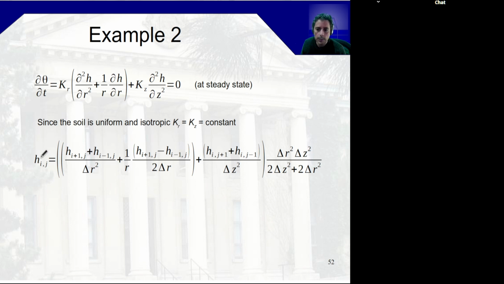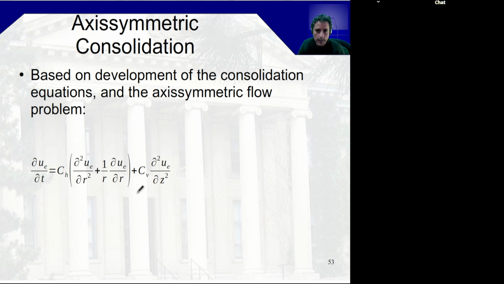Okay, and so we can isolate for the node value based on the neighboring cells. Okay, so we just refer to the neighbors, and we see that we still need to keep the radius there. It's not just the delta r, but there's one term here that will vary based on our distance from the center of symmetry. Okay,